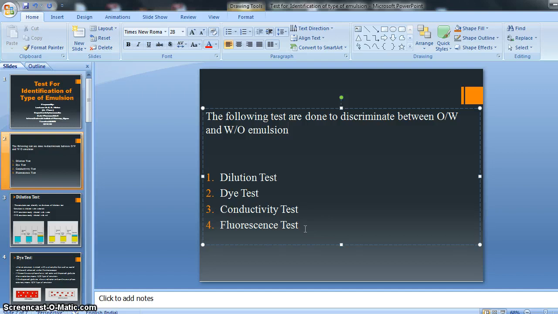By adopting these tests, we can easily discriminate the type of emulsion.